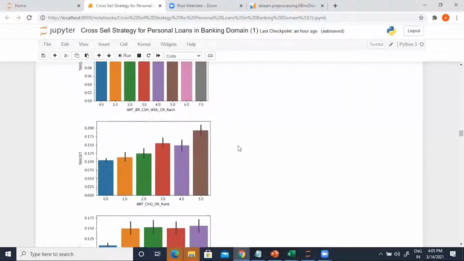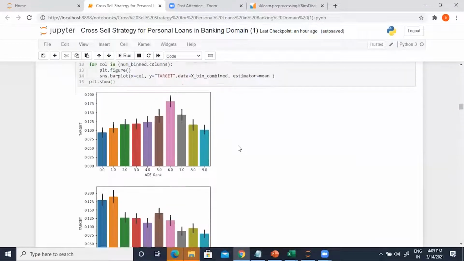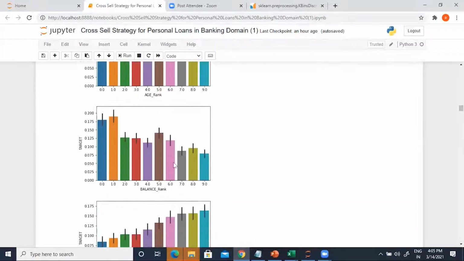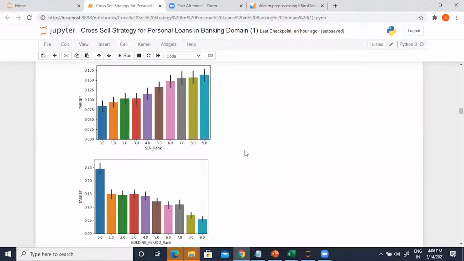But for example, check this out. This one will have a low correlation because the relationship is not that linear. This one will have a higher correlation because the relationship is actually quite linear. So in a way, you're right. You're not wrong by saying that we're looking for correlations, but I wouldn't use the word correlations. I would just use the word discrimination. I'm looking for features that discriminate between customers with regards to the event rate or the chance of responding to an offer. That's what we're looking for.